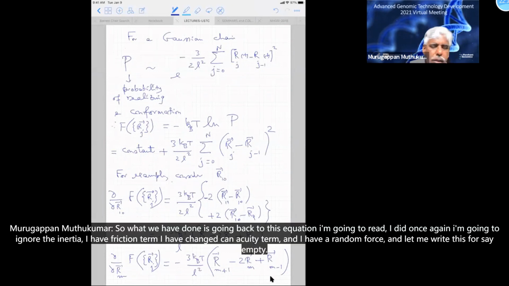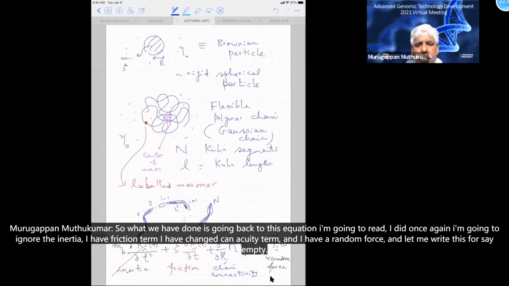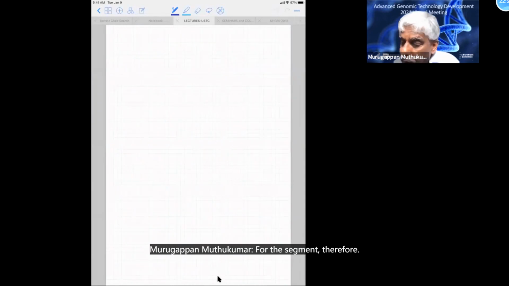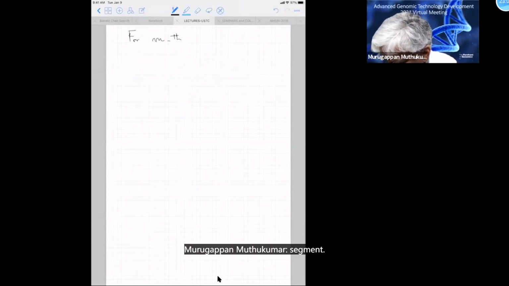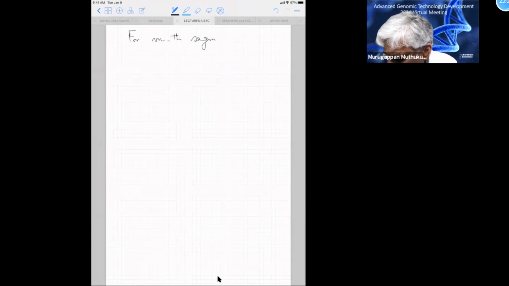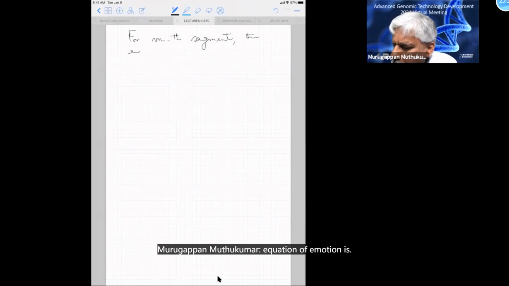So going back to this equation, I'm going to rewrite it once again. I'm going to ignore inertia. I have a friction term, a chain connectivity term, and a random force. Let me write this for the mth monomer, or the mth segment. Therefore, for the mth segment, the equation of motion is